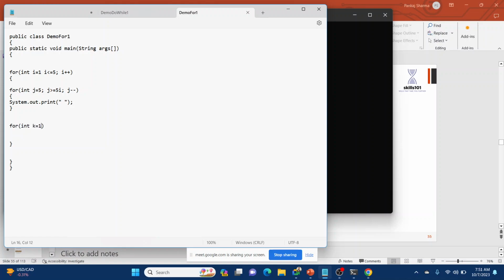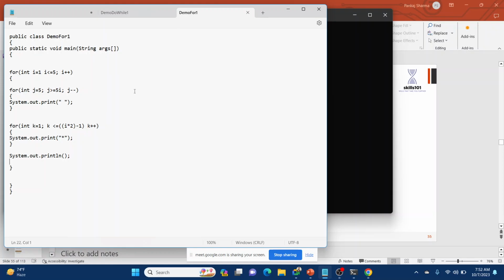So int k = 1; k <= 2 * i - 1; k++, and we print with System.out.print, not println. The ln will come after the loop part. System.out.println blank for the creation of the next row.